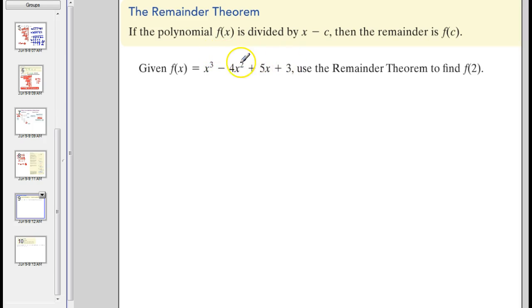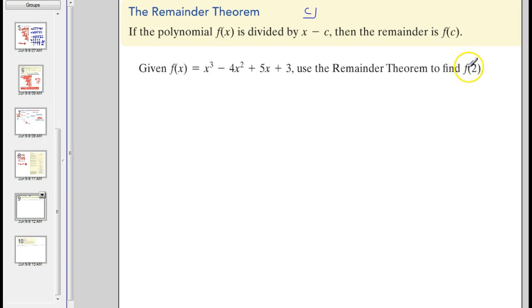So what it's basically wanting us to do here is, if we take any polynomial and divide it by x minus c, think about how in synthetic division that would mean c is the number that goes in the box. And the remainder is f of c. The remainder would be what you would get if you plug that number that goes in the box in synthetic division into the function itself. It's going to be your remainder, which is interesting, but it's really important for the next theorem that we're going to see, the factor theorem. But anyway,